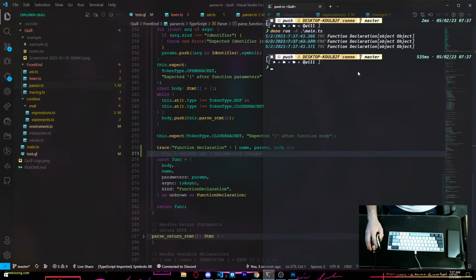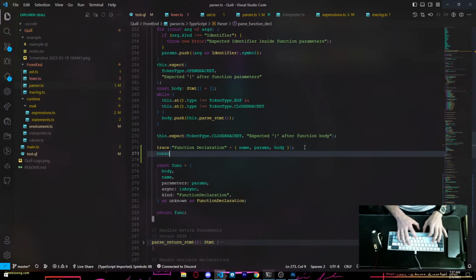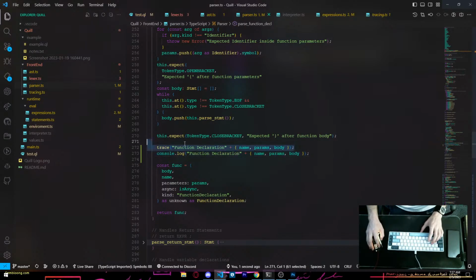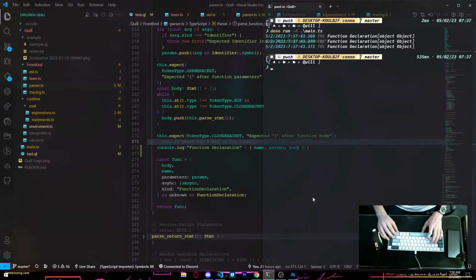But if you want to see the actual syntax tree of it, what we have to do is, instead of trace, use console.log, because this is a custom function that will only return the objects per se. So if you want to see the actual structure of it and what it looks like, let's go into here.